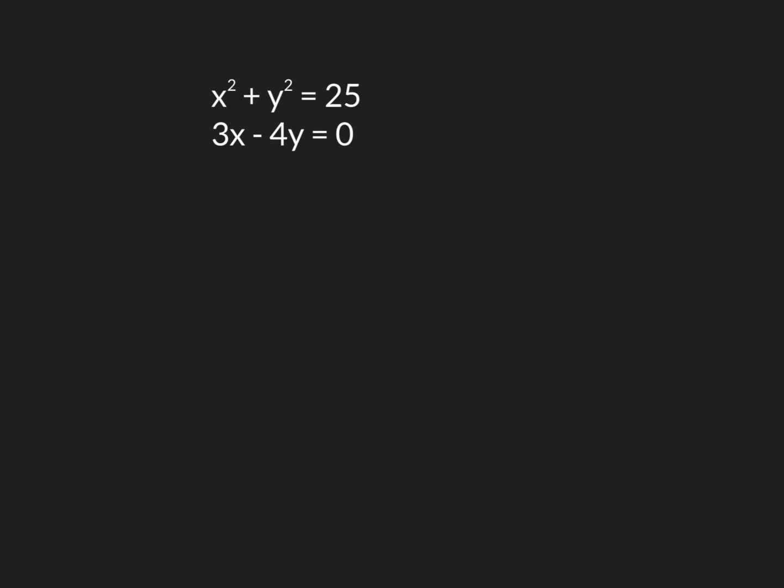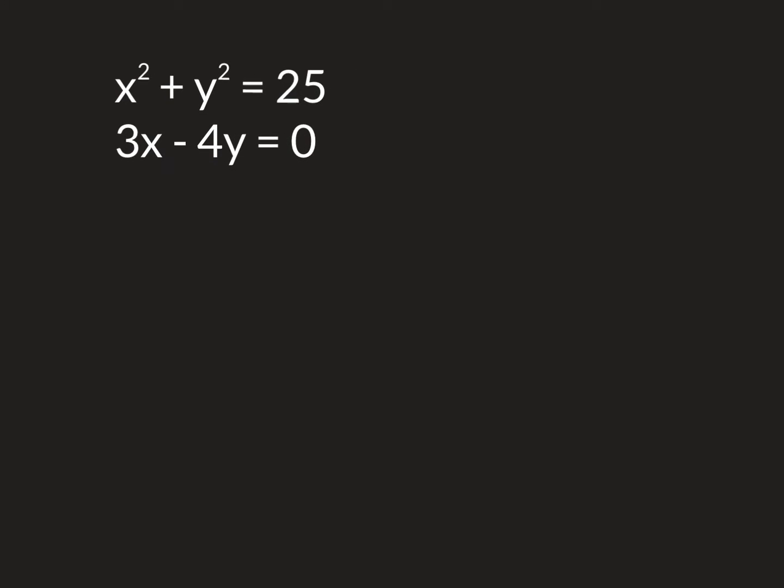We're going to use substitution or elimination like we did in the past to solve it, but think about a circle and a line, because that's what those two graphs would be, and the answers would be the intersection of the two. So to do this one, you've got to do substitution, which is going to take a second,